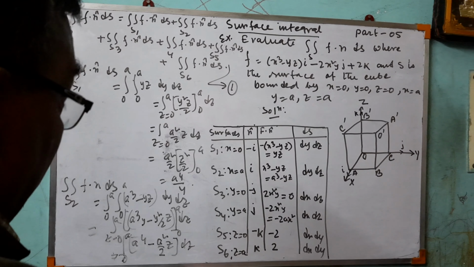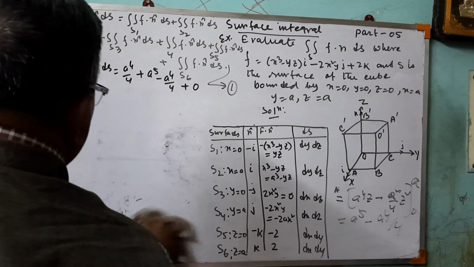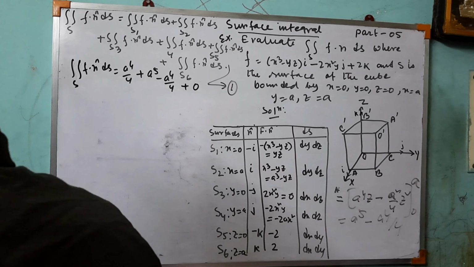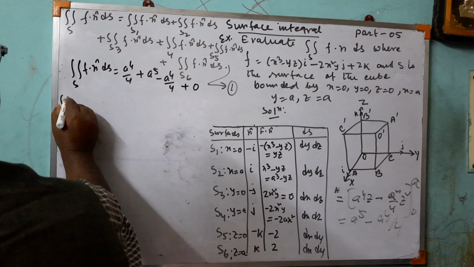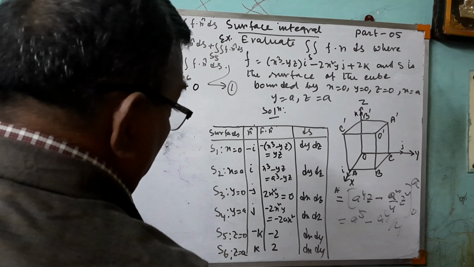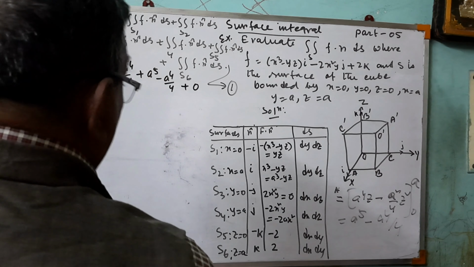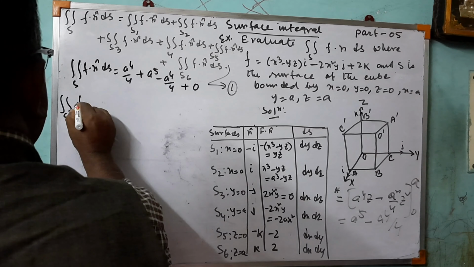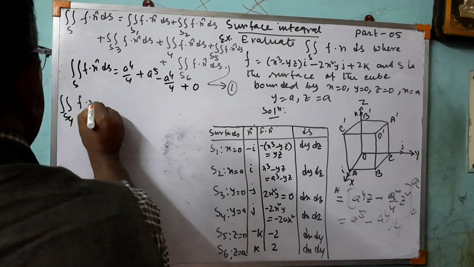So how to get S4? Just follow me. Find this S4 value, then put the value over here. Okay, S4. How to get S4? What is S4? S4 is 2ax square, that is f dot n ds equal to